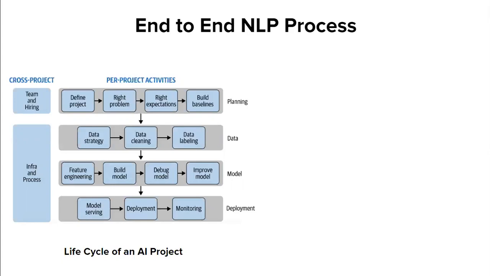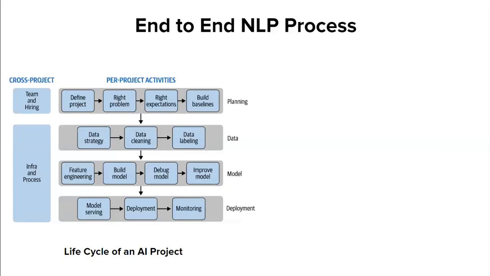And then we start about building baselines and then improving them. So the data modeling and to some extent deployment part is something we've been talking about. We talk about it in other chapters as well. So in this chapter, we primarily focus on how to tie all of them together and talk more about the processes and how to hire good AI teams, what to be aware of. How do you do continuous deployment for an NLP project and things like that.